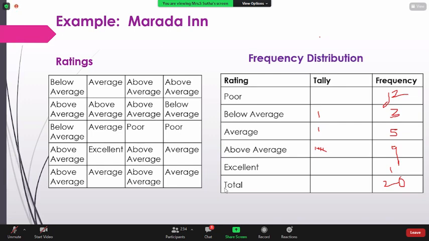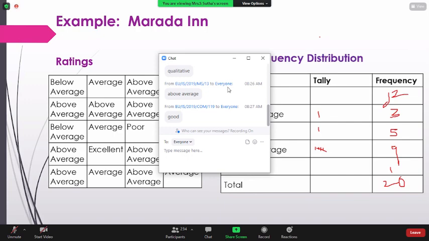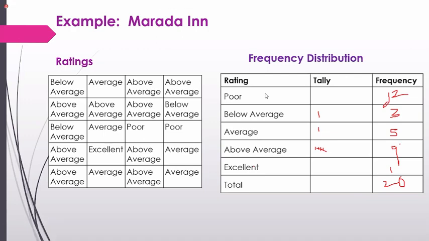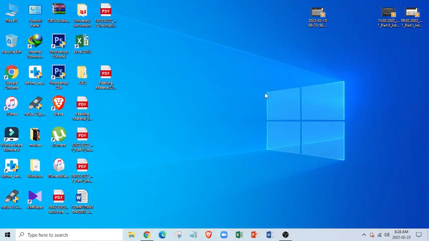So quality is good, right? Yes, the quality is good because almost 50% of the quality is above average. 9 plus 1, 10. So 50% of guests rated the quality of accommodation provided by the hotel at above average. And also 75% of